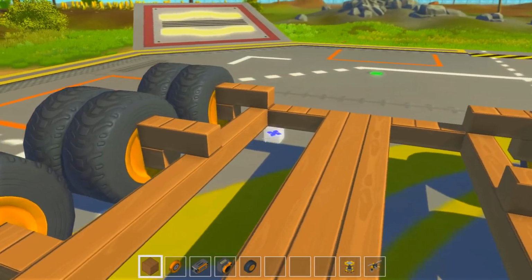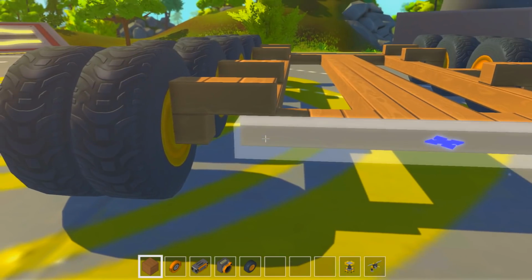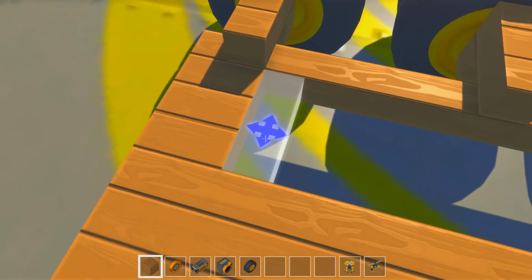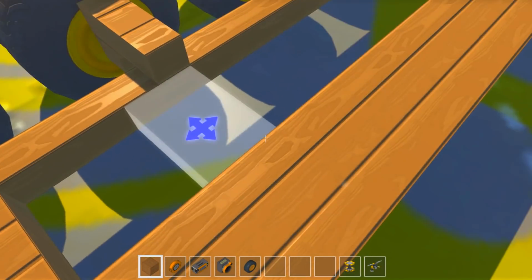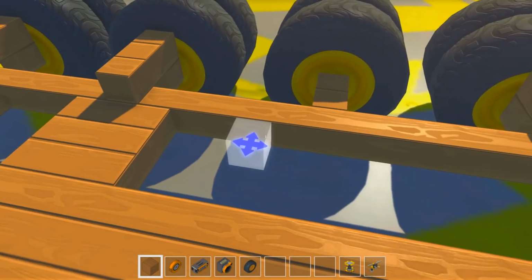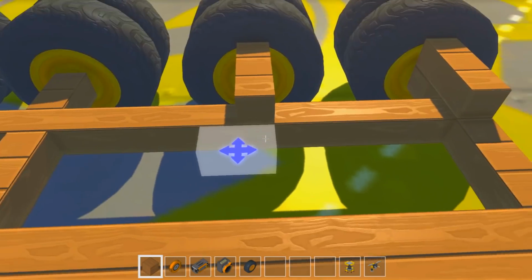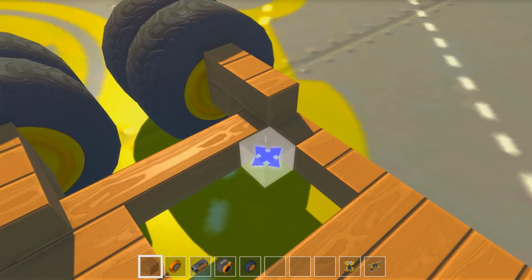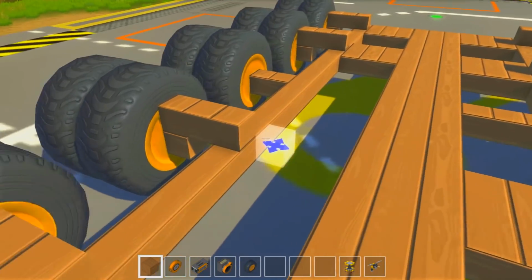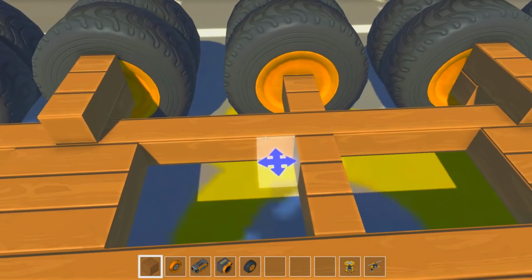Okay, that's fine. And then we can have sort of 3 either side here, just to support the wheel structures. And this will give us a bit of a basis for putting down... I don't really need... I can put that like that because that should be fine. I'll put that in there as well. We'll go like this. Put another row across like that. So we have the basis for the platform